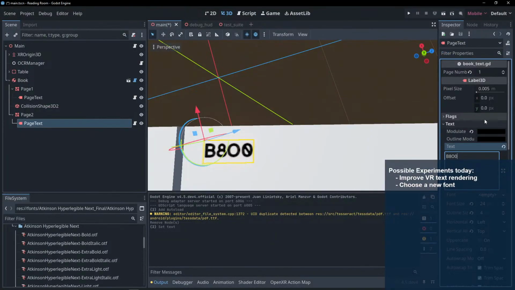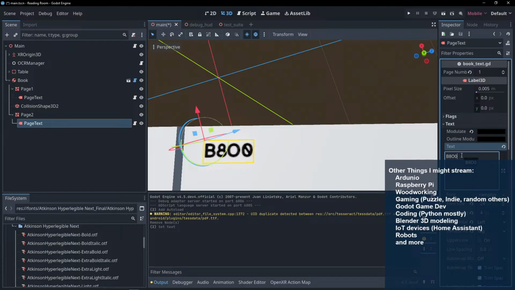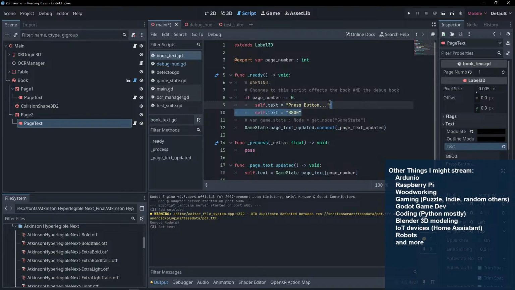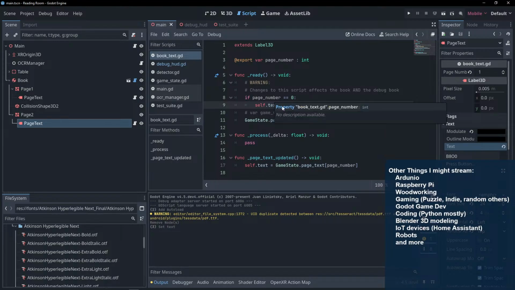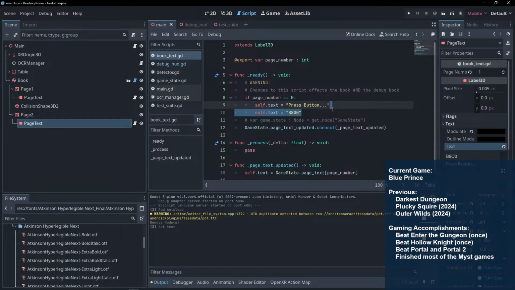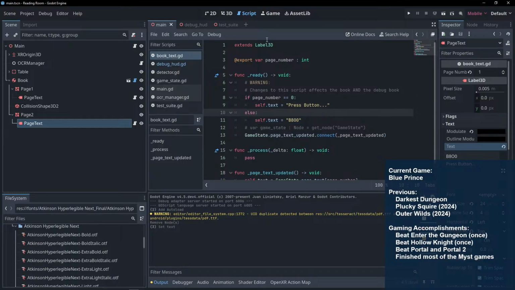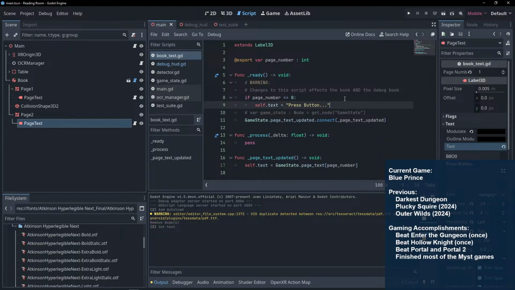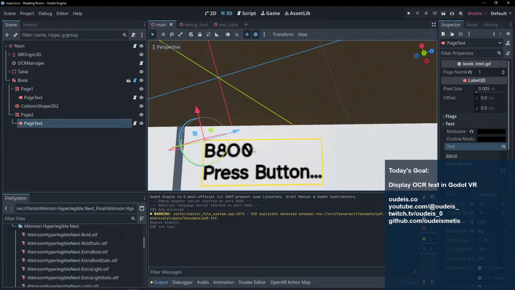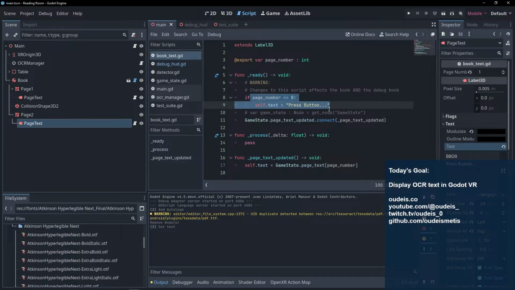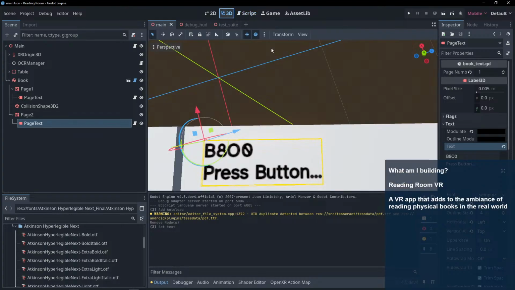Okay, but for some reason, let me go back to this. Oh, if page number. Yeah, I mean, this is on ready on load. But the default was already being set here, so this would take precedent. So technically, I think this isn't needed at all. But okay. Gotcha. So now,